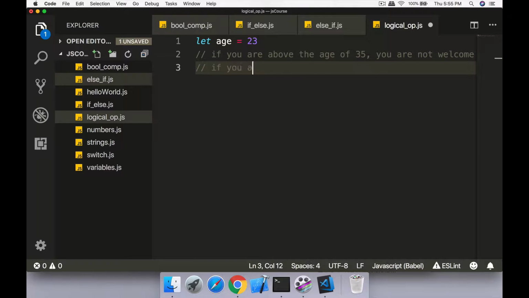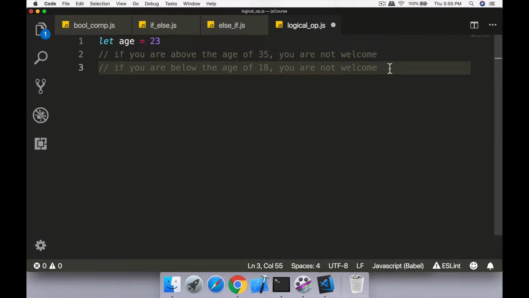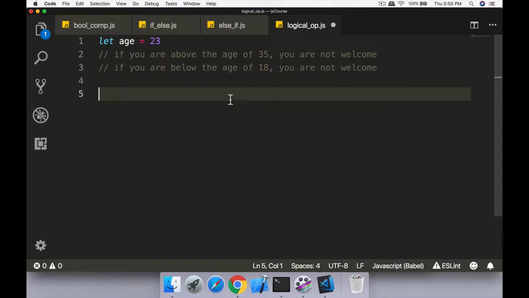If you are below the age of 18, you are not welcome. How do we write this code? We could use this. I'll give an instance. We already declared the age. We could say if age is less than or equal to 18,